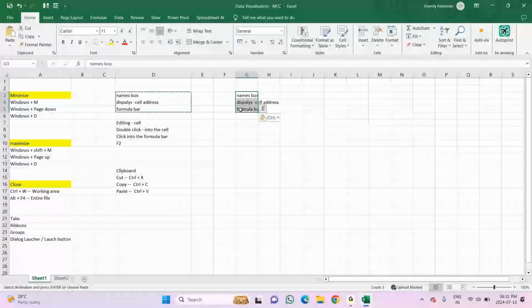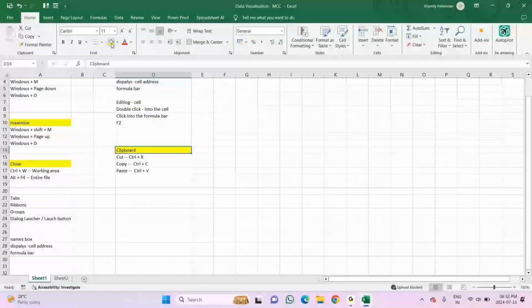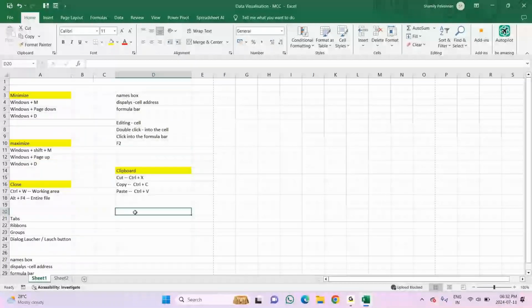So format painter, suppose I'm going to type something here, font group. To this font group, by default the style is Calibri. I'm going to change this to Algerian. Then I'm going to change the font size to 14. After changing to 14, I'll make this bold.